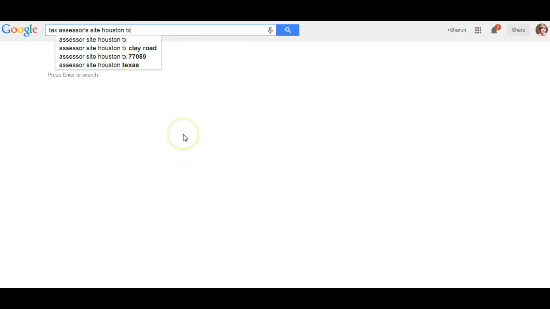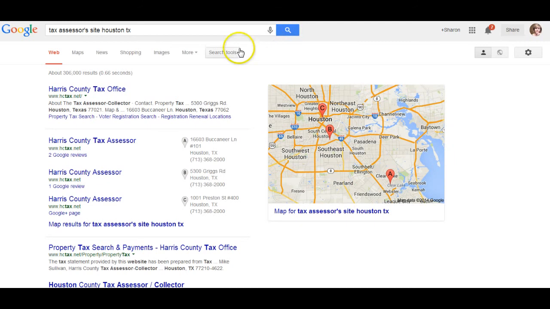And you can see up here in the search bar that I have typed in Tax Assessors Site, Houston, Texas. You would just simply type in whatever your area is. You can put in your city sometimes. I happen to put in the county when I'm looking mine up. So, somehow this came up Harris County, yeah, Harris County. So you would just click on that if that's where you lived, but you just put in Tax Assessor Site